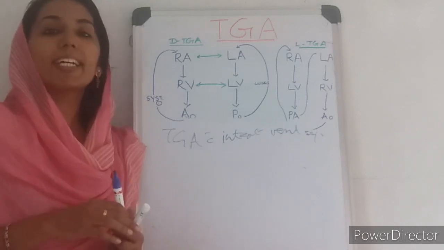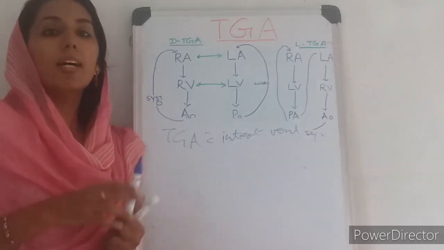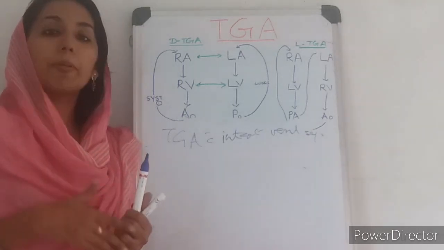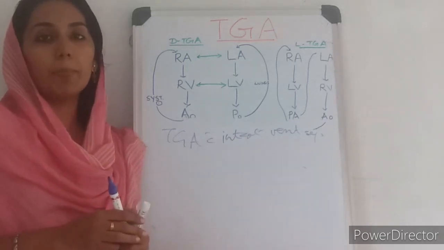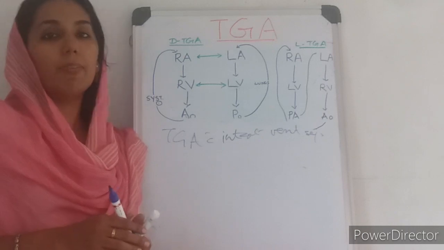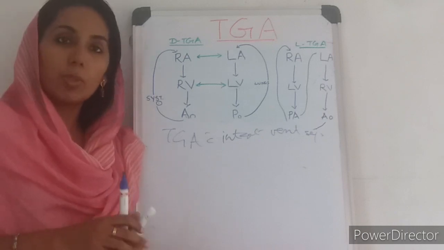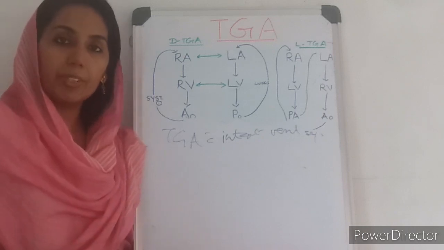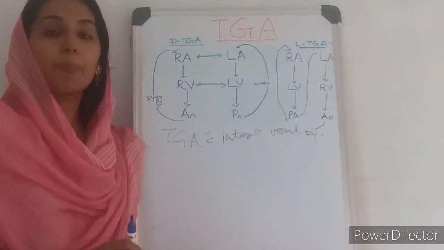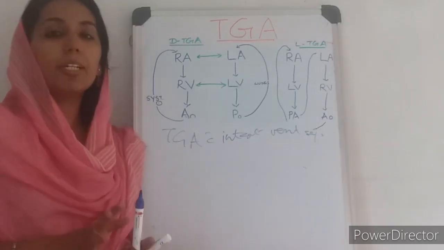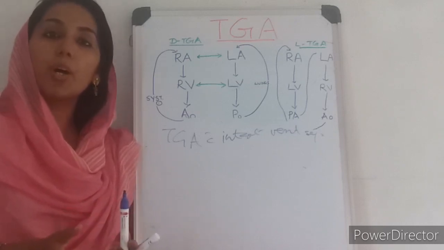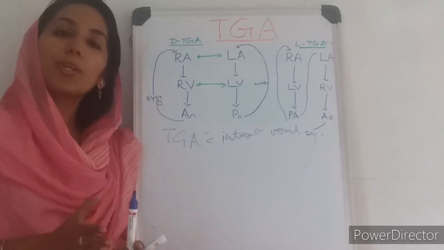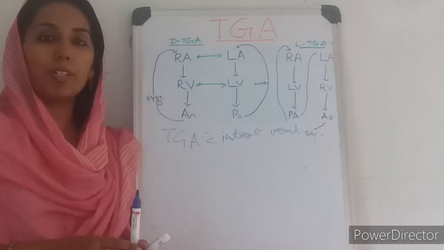It will help by decreasing the load on the left atrium. It will also help in improving the mixing of the blood, and more oxygenated blood will reach the circulation. So that is the point of doing a Rashkind's balloon atrial septostomy. Now the definitive procedures: there are two. Either you can do an arterial switch operation or an atrial switch operation.